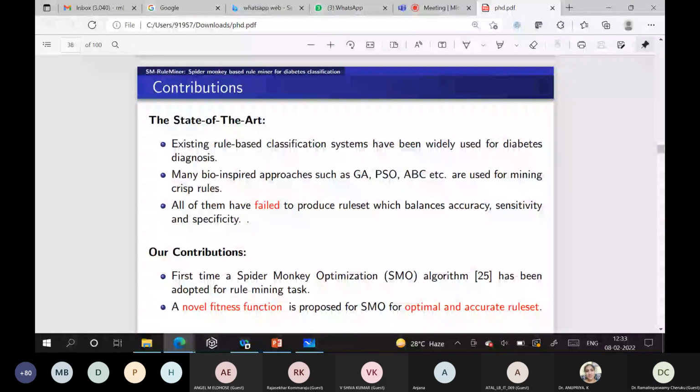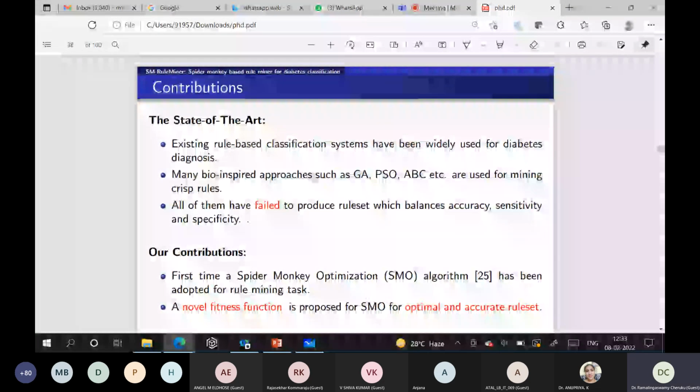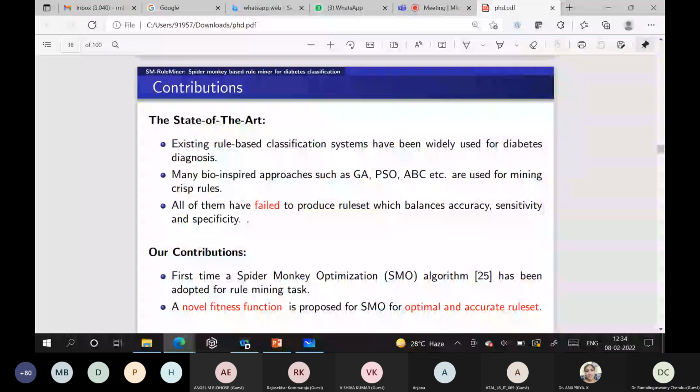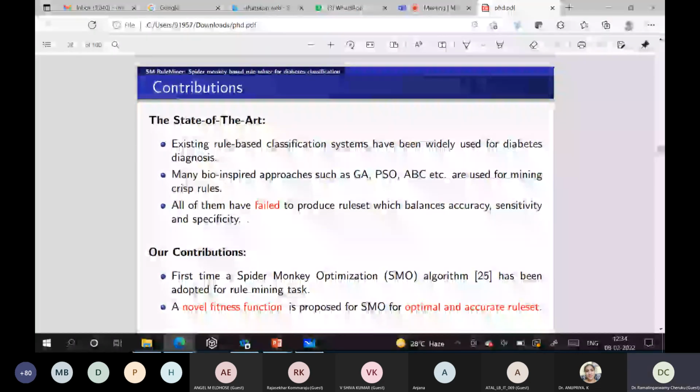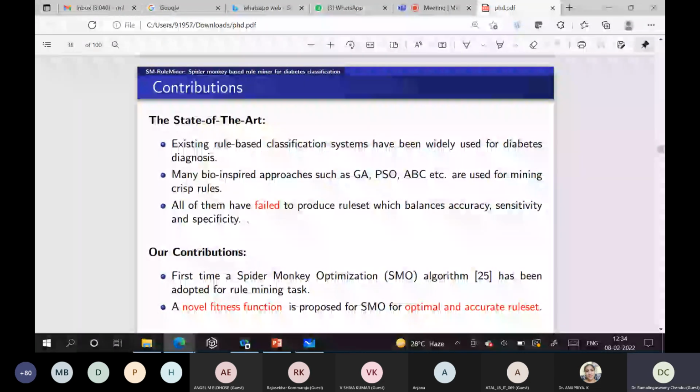So how can we measure the performance of any rule-based classification algorithm? In a rule-based classification algorithm, we have to focus not only on performance in terms of accuracy, we should also focus on the size of the rule, the size of the rule set. That means what is the length of the rule and what is the size of your rule set, how many rules are generated. That is also an important parameter when you are doing the comparative analysis.